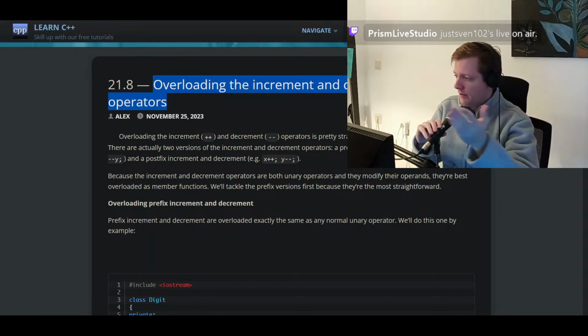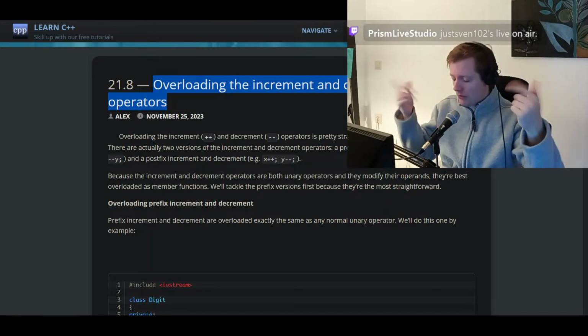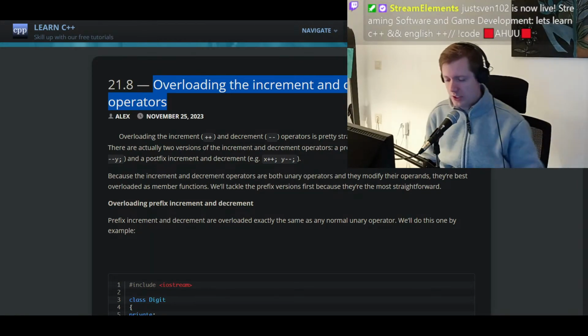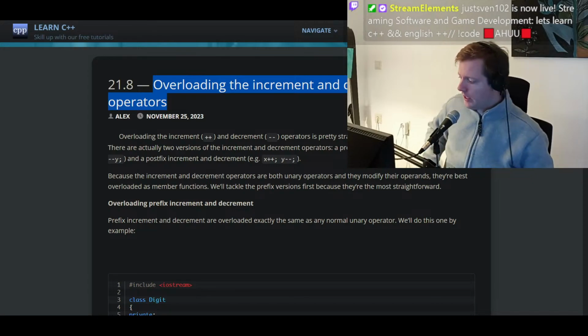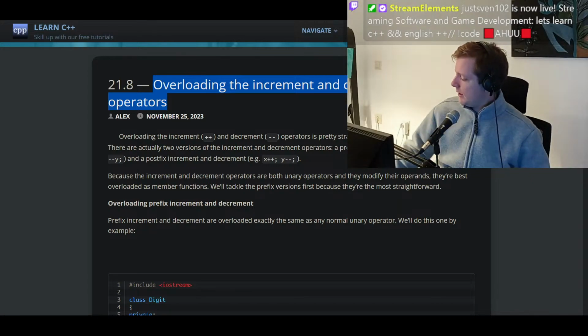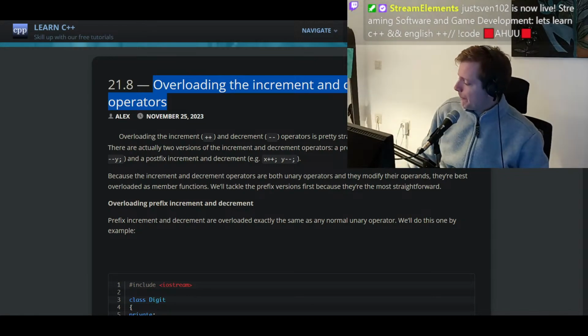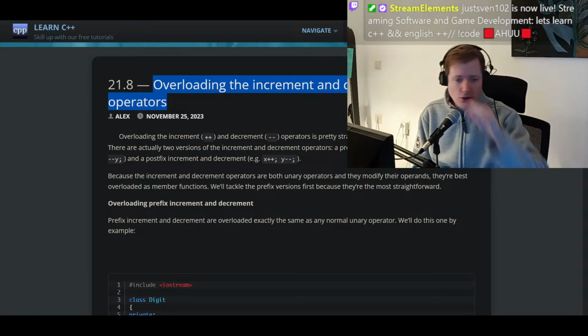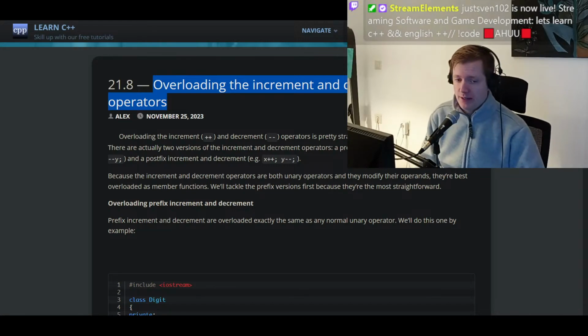member function and friends, that you can overload with the member function. You can actually overload with the friend function, and what the difference is, when you should use the friend function, when you should use the member function instead. So today we're gonna hop into the topic overloading the increment and decrement operator, and after that we're going into